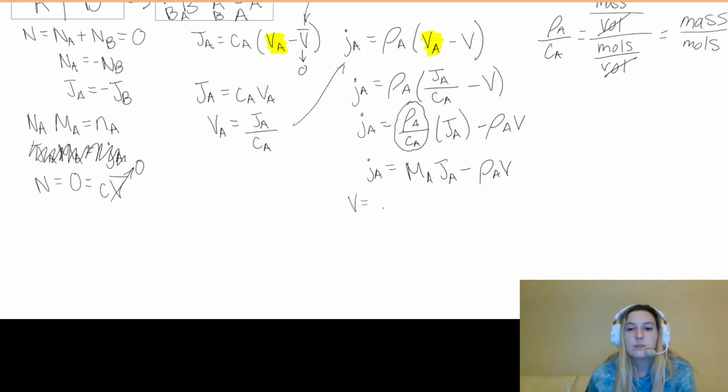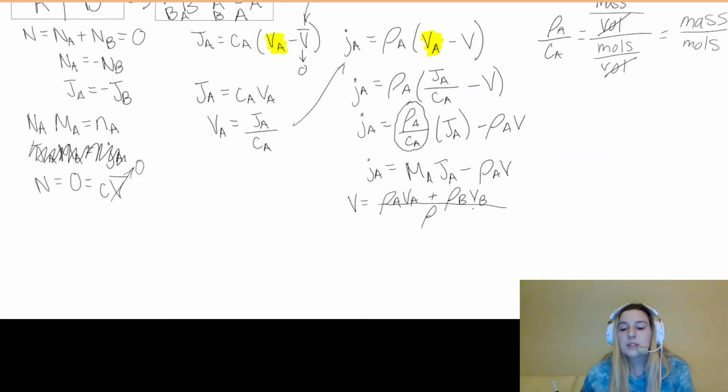The equation for the mass average velocity of all of the components is going to be the mass concentration of A times the velocity of A plus the mass concentration of B times the velocity of B over the total mass concentration. And that makes a lot of sense because we're just breaking it down into its components. And so next we are going to look at